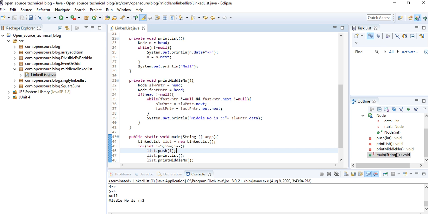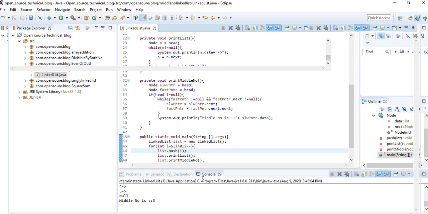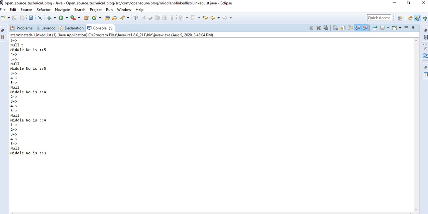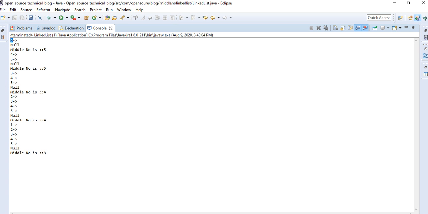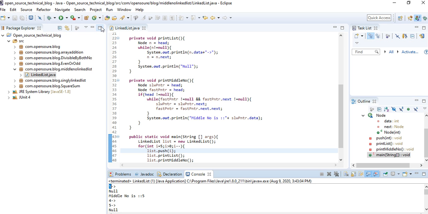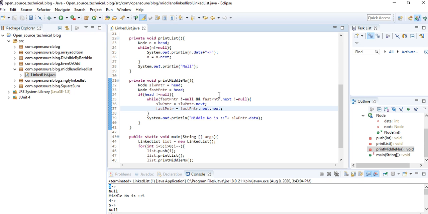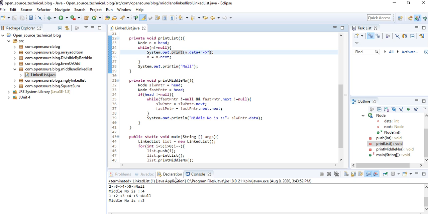So let me explain how it is working. Initially there is no data in our list, so we just inserted 5.